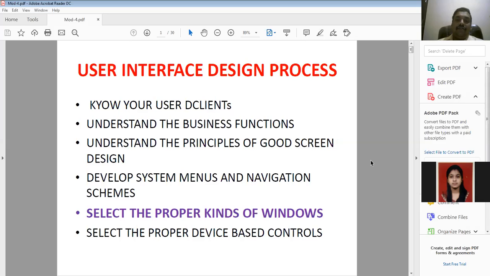When you focus on good screen design, the first principle is user friendliness, and the second is that it should be easily understandable. There should not be any extra things on the screen.